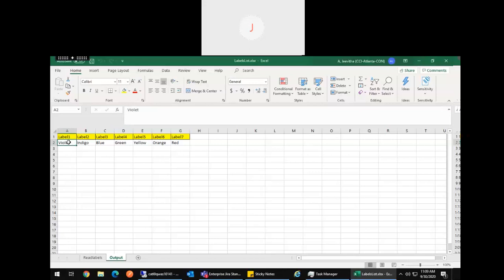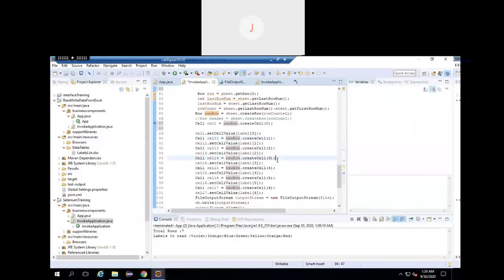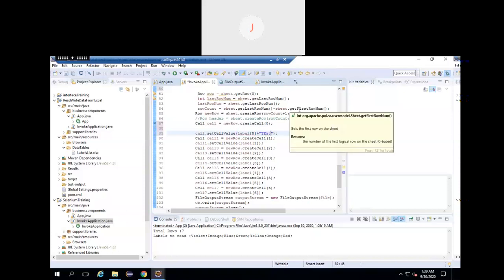If you want to read it from the first row, first column and append something and print it, yes, you can do it. For example, I can print label plus 0 plus append some data, like a test, and print it. Yes, it will do it.